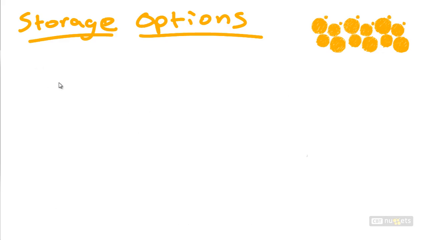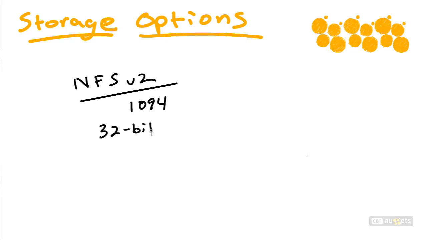Now, please be aware there are indeed three major versions of the network file system. There's version 2. Version 2 was defined in RFC 1094, and it uses a 32-bit file size. It is state